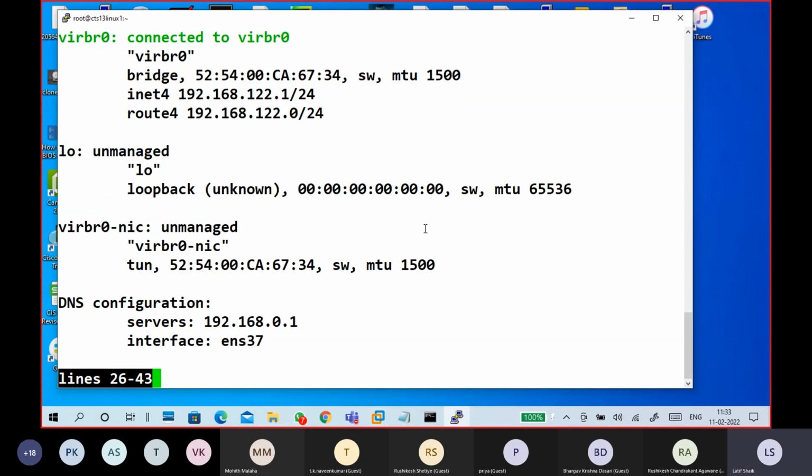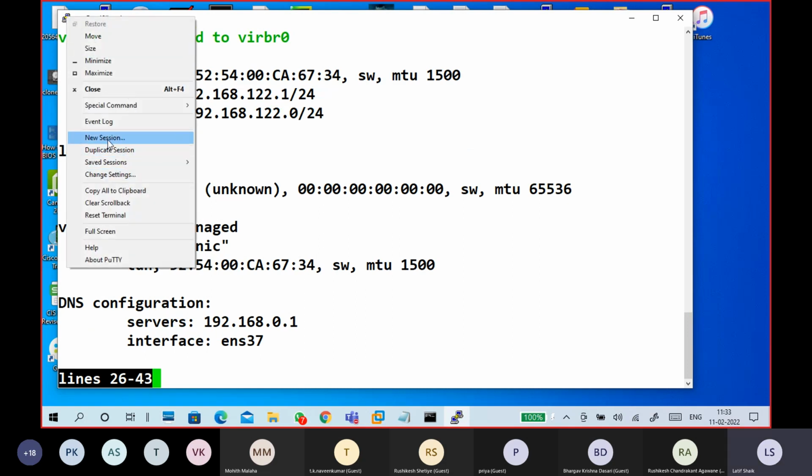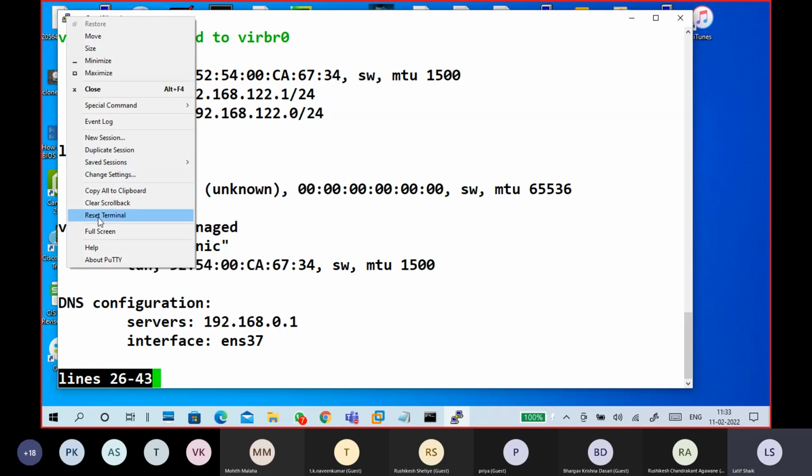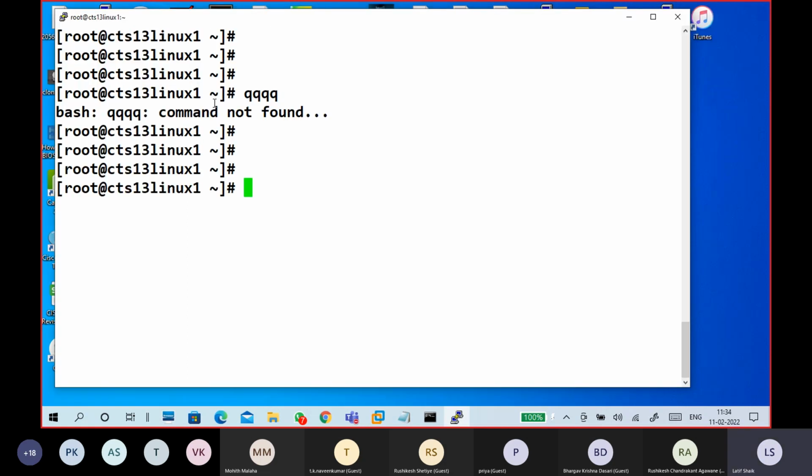So new session, duplicate session, change session, saved session, reset terminal. Yeah, very good. It is working.